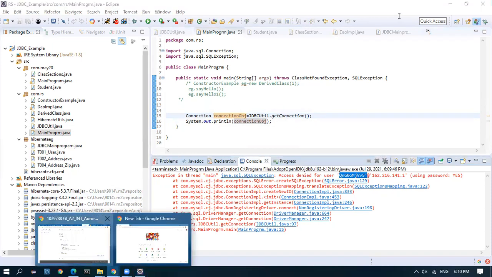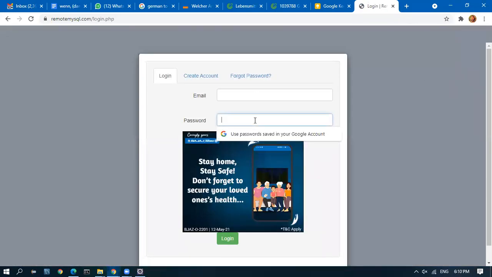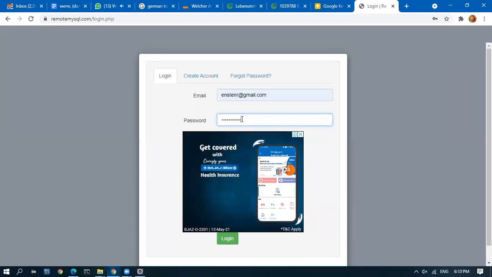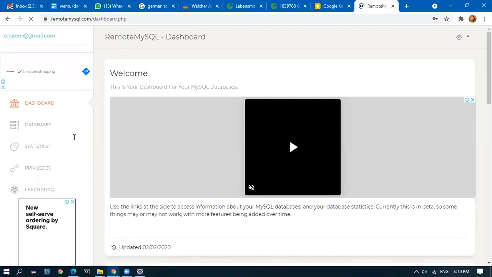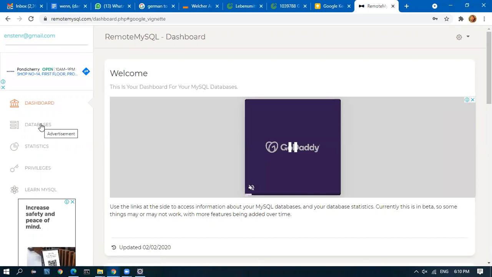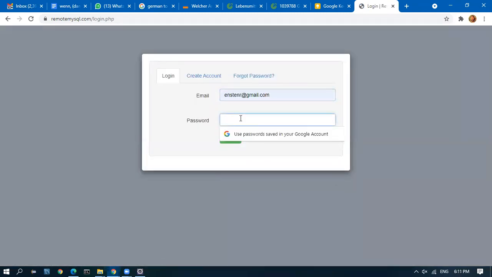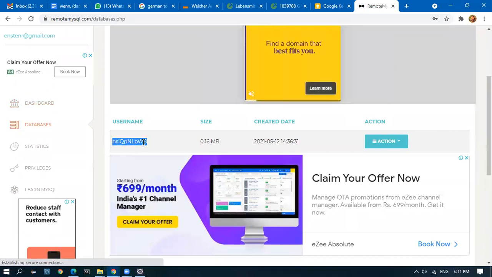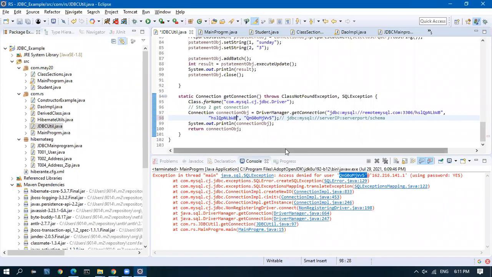Why? MySQL. Okay, the database name, schema, username is HSL.